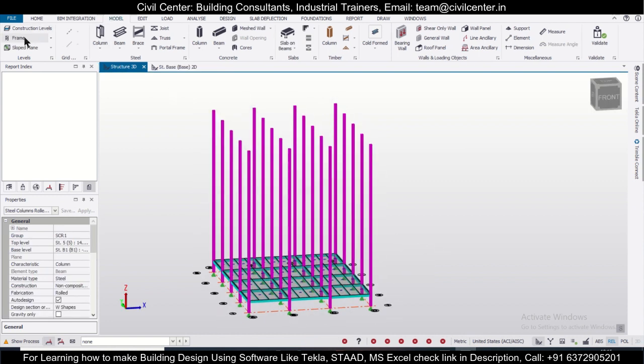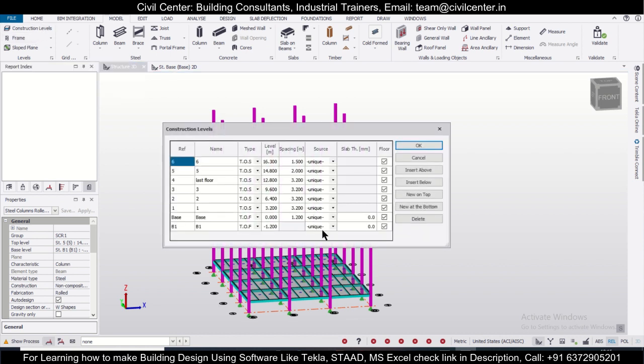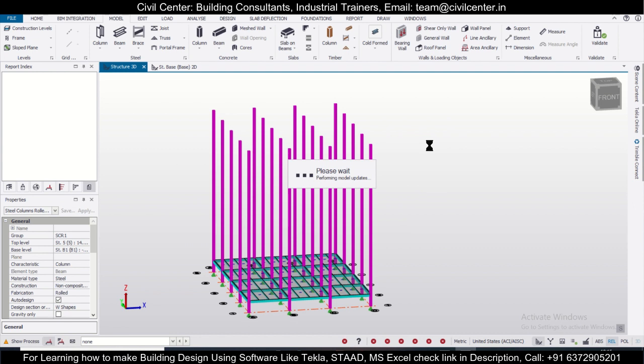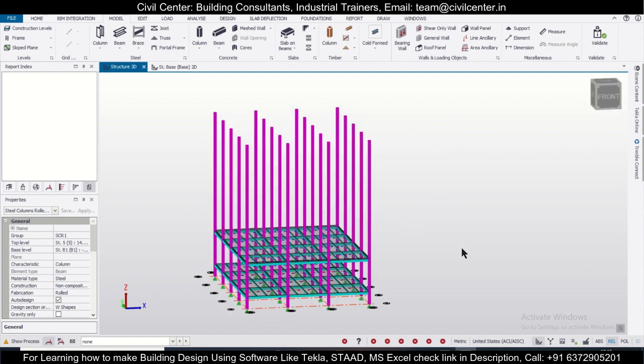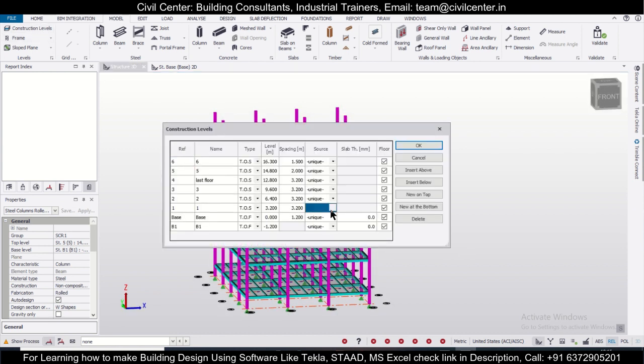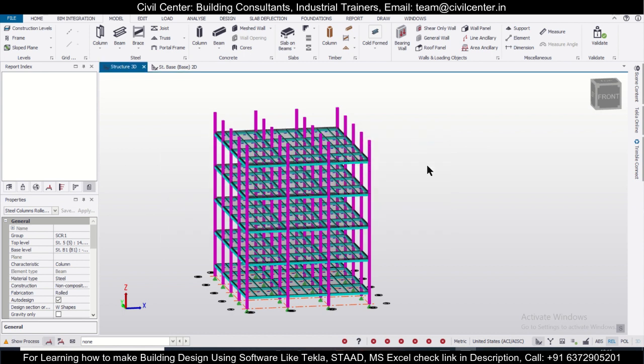So we'll go to model, and we'll go to construction levels, and for the particular base we'll just do this as base, and then click on OK, and then we'll see the first level has been done. Construction levels, and do this as unique, and the remaining levels you'll just do this as 1, this one also 1, this is the last floor, so this is 1 here.